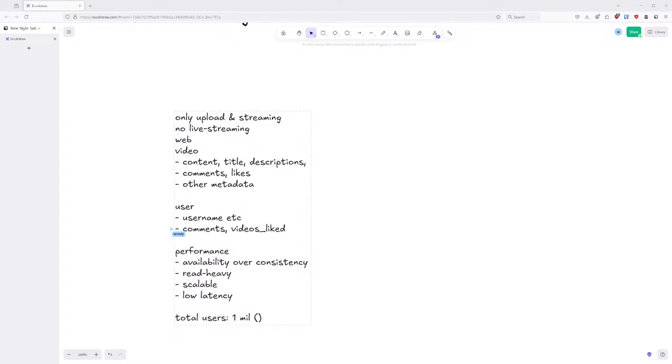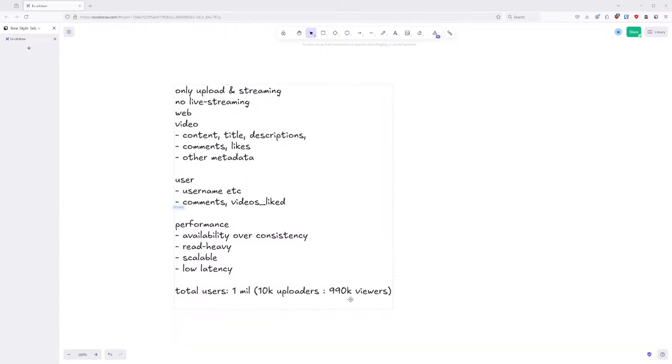So that's supposed to be 10,000 uploaders. Just to be clear, all million users are still viewers. It's just that only 1% of them are uploaders. Oh, yeah, right. Sounds good.